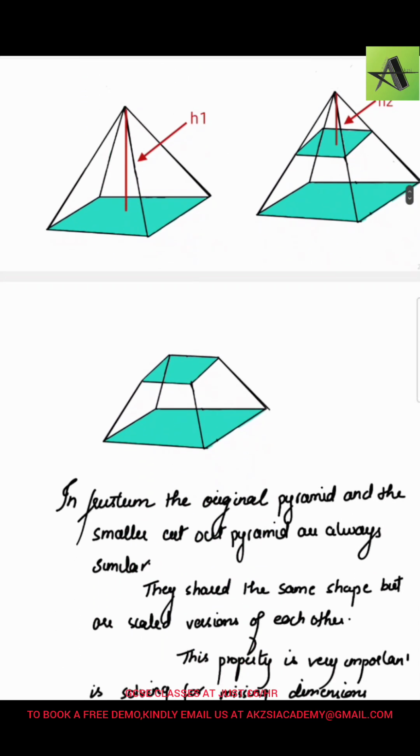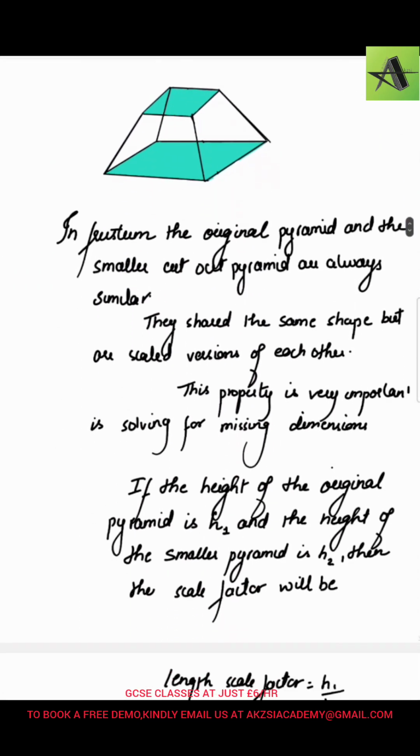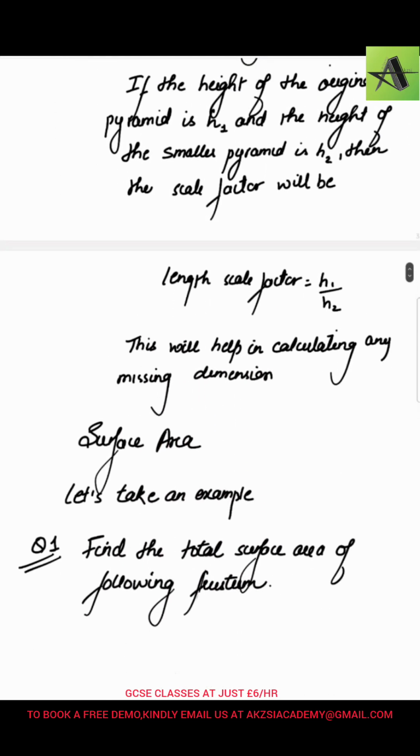Now, if we are studying the pyramids, the first and the most important thing is understanding their shape, how they are formed. And the second thing which is important in your syllabus is finding the surface area and volume. If you're finding surface area and volume, there's one thing which is very important to understand, that